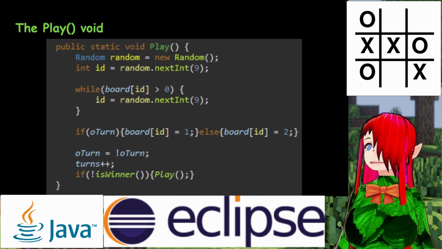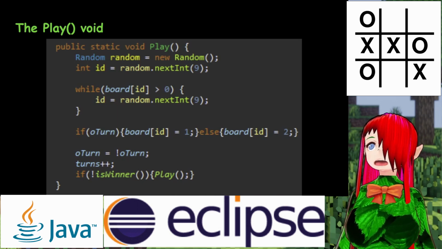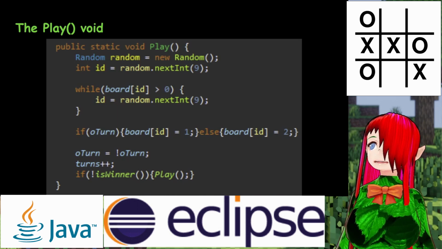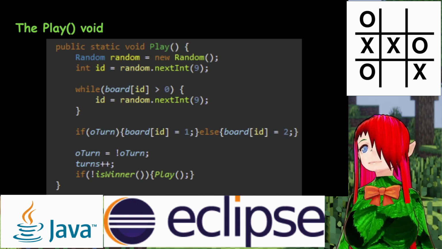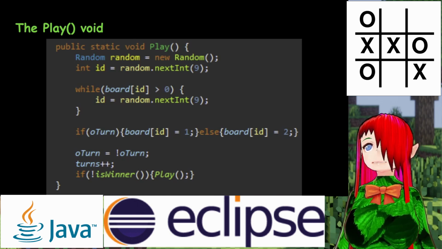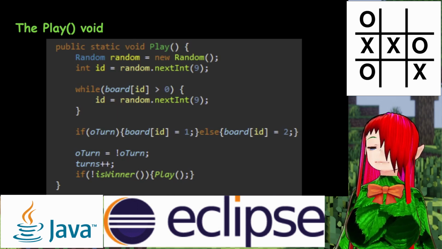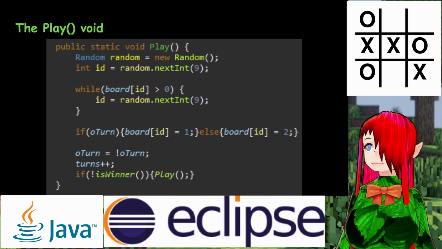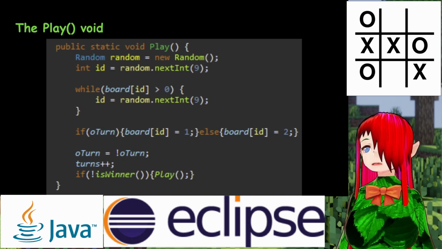And if they look like they're going to be overwritten, i.e., the value of the board array at that ID position or index, I should say, is greater than 0, i.e., it is not a blank space, we're going to give that ID a new value between 0 and 8. We'll just keep doing that until we get an empty value. And then once we do get an empty value, we'll leave this while